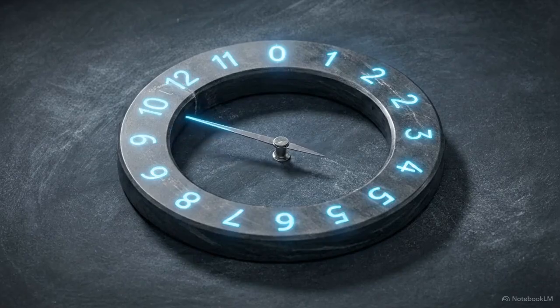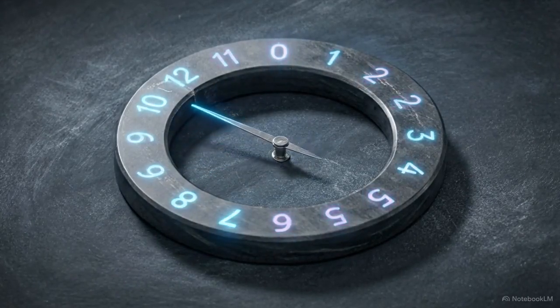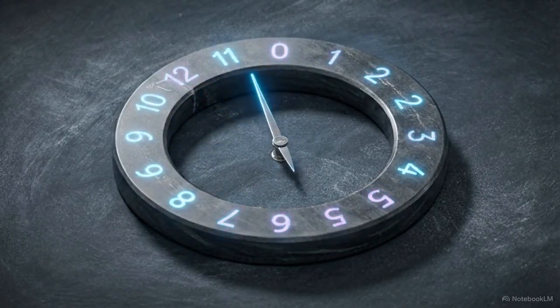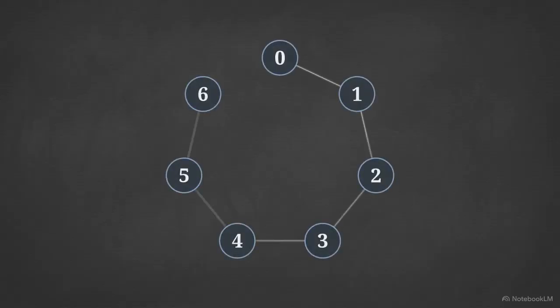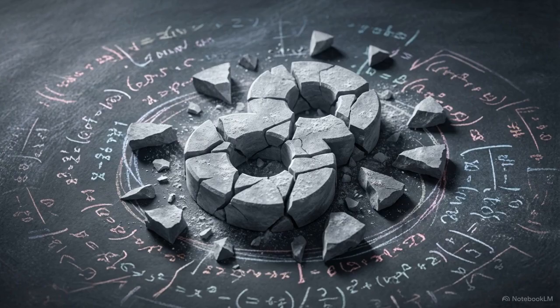By dividing numbers and keeping only the remainder, we force values to loop back around, much like the hours on a clock face. This clock arithmetic only forms a true field if the modulo boundary is a prime number. Non-prime boundaries generate zero divisors, which destroys the multiplicative inverses we need for decryption.